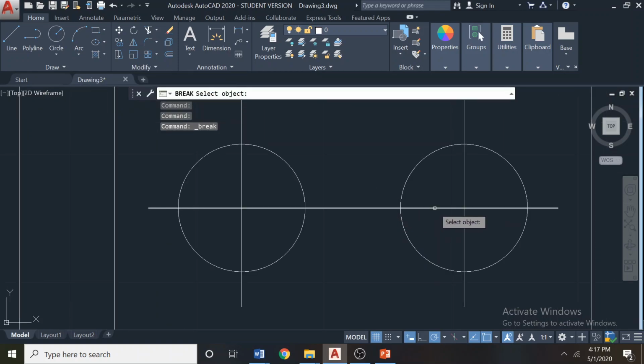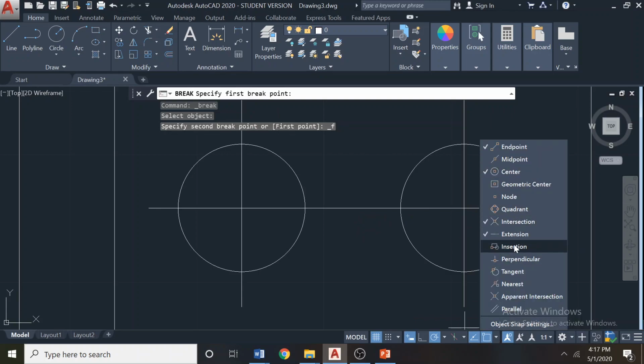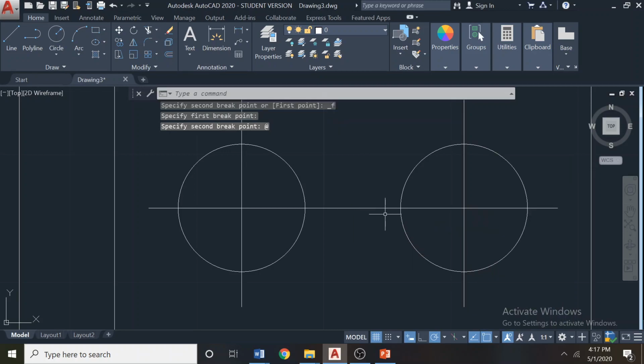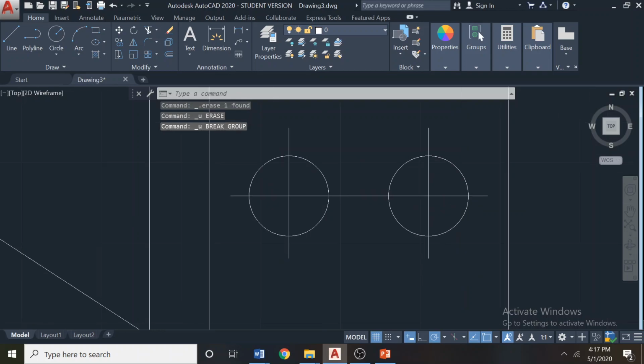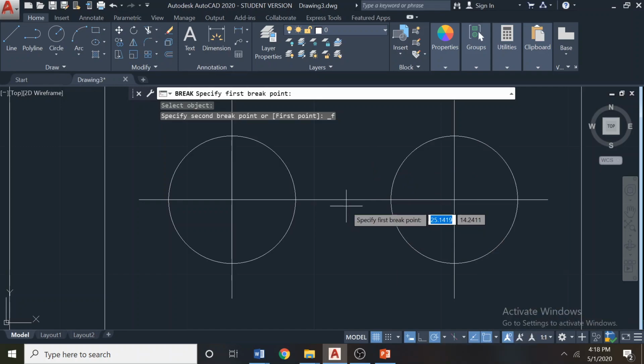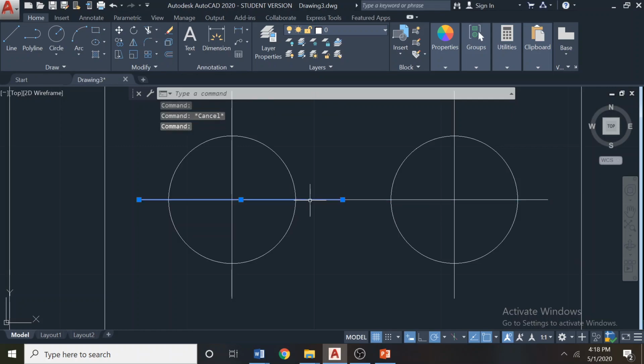Now if you just select this line, it will ask you to specify the break point. Say I have to use this nearest snap here. I'm going to get some rough value. So I now click. So what happens here is I broke this line into two segments. Now you can delete this line. So the break tool, if I repeat it, now this is the first single line. I can run the break at point tool and select the line you want to break and use the snaps. Nearest snap is good, and break somewhere from here. Now this line has broken into two pieces.